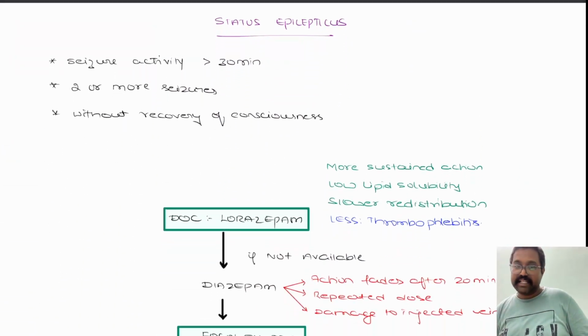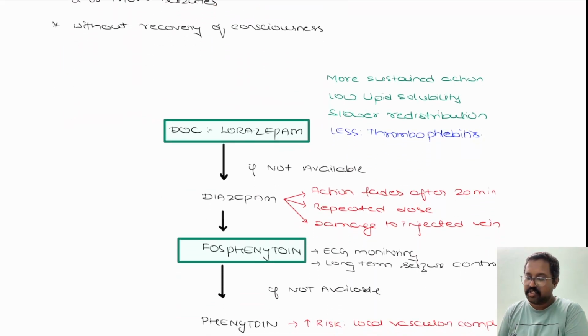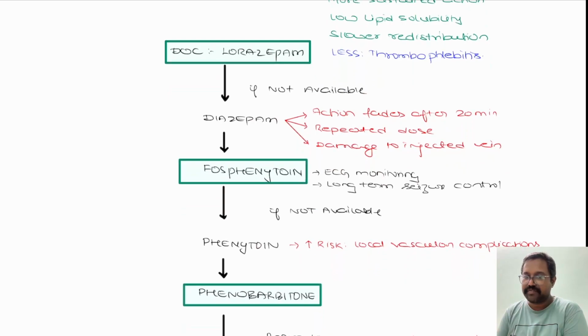So next we have status epilepticus. So how to treat status epilepticus? As you can see, status epilepticus will be named only if the seizure activity is more than 30 minutes, or if there are 2 or more seizure activities without any recovery of consciousness. So what you can do is initially start with the drug of choice. The drug of choice for status epilepticus is